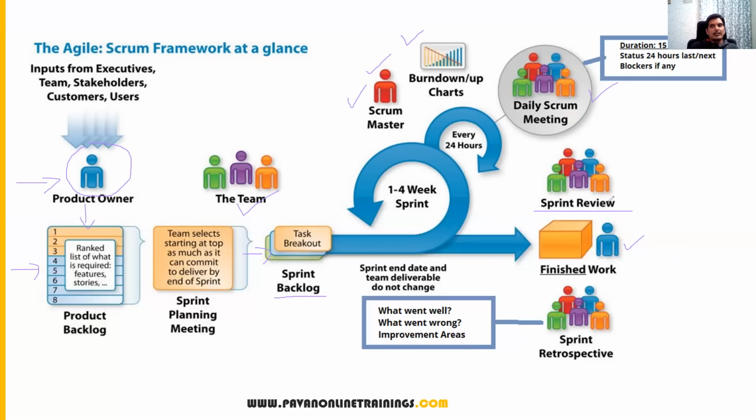We also provide the demo to the product owner. If the demo is accepted by the product owner, then we will deliver that piece of software to the customer. Then we will do the sprint retrospective meeting. After completion of the first sprint, after completion of the second sprint, at the end of every sprint, we will do this meeting. In the retrospective meeting, we will discuss what went well, what went wrong, and what improvements we have to make in the upcoming sprints. So these things will be discussed during the sprint retrospective meeting.